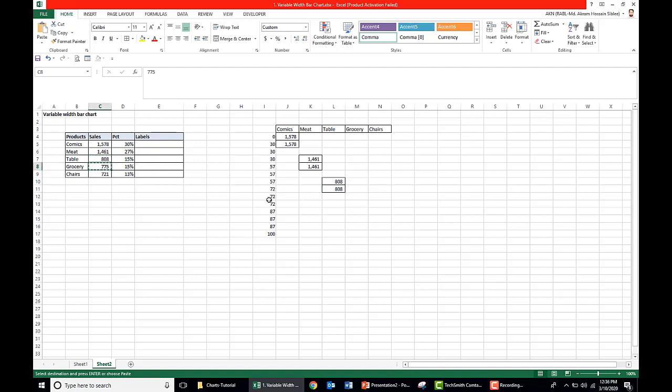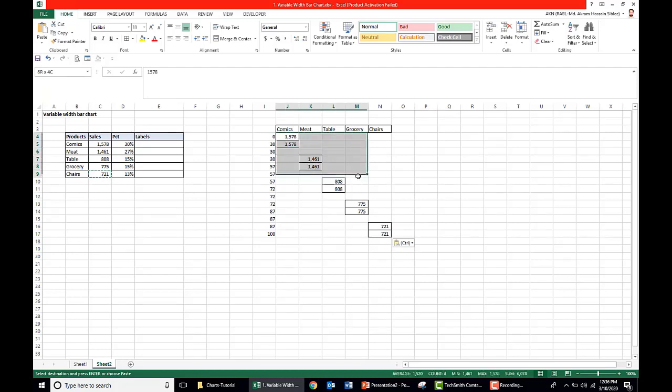Now grocery: last value of the previous product and first value of grocery, and the final product is chairs. So last value of the previous product and first value of chairs. Now we put 0 in all other blank cells.